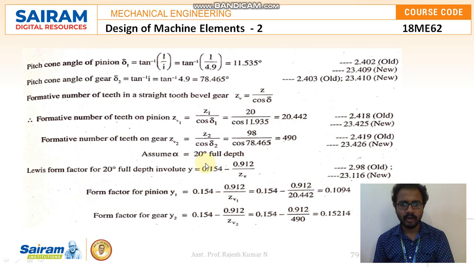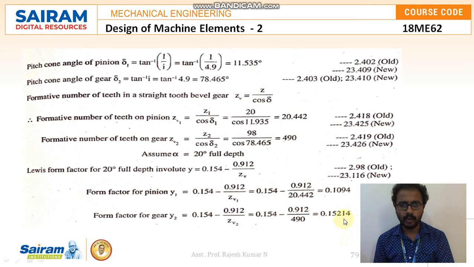And here they have not mentioned the pressure angle, so I'll go with 20-degree full depth as usual, like the previous problem. The Lewis form factor for the 20-degree full depth involute is given by 23.116. The formula is y equal to 0.154 minus 0.912 divided by ZB. Here I'll find y1 and y2, for the pinion and gear, since I know the ZB values. By substituting, I get the y1 value for the pinion as 0.1094, and for the